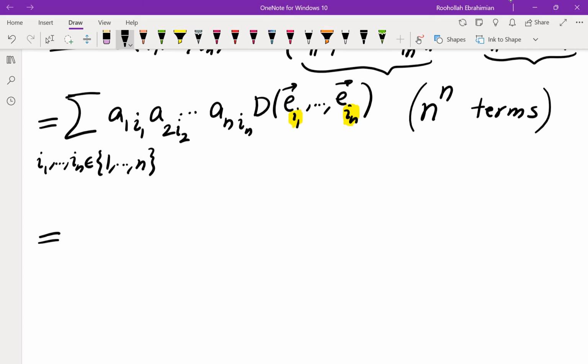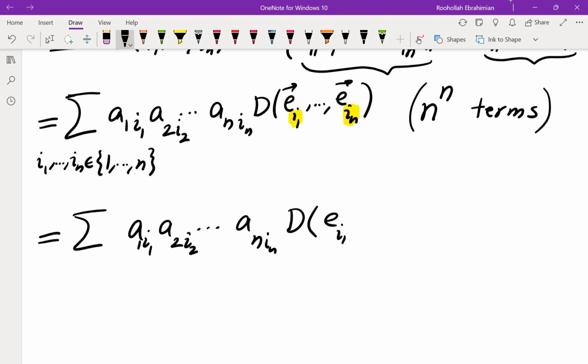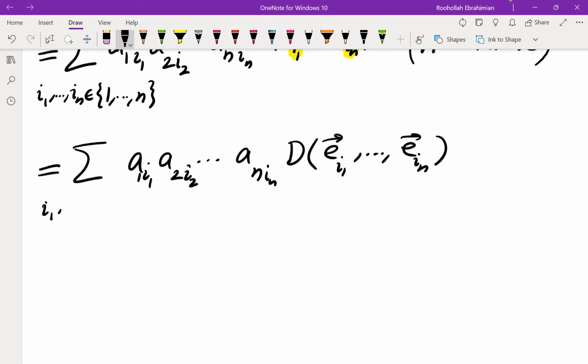So this is equal to the sum a1 I1, a2 I2, all the way to an In, d of e_I1 all the way to e_In, where I1 through In is a permutation